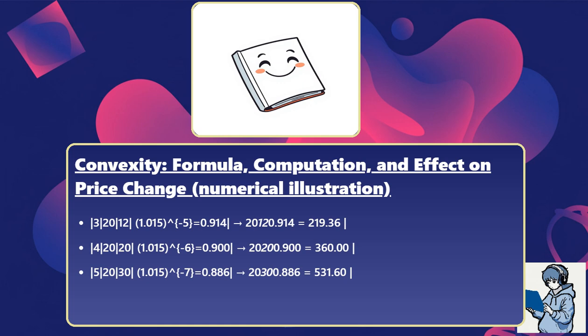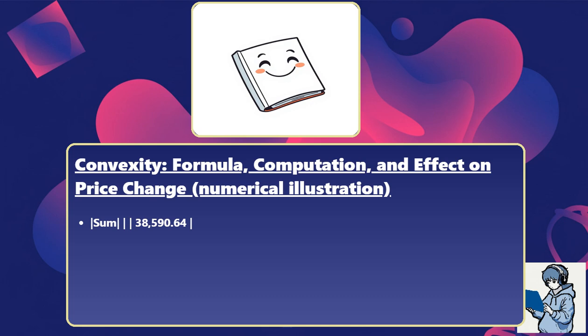Discount factor 1.015 to the negative 7 is 0.886. Contribution 20 times 30 times 0.886 equals 531.60. For T equals 6, cash flow is 1020, T times T plus 1 is 42. Discount factor 1.015 to the negative 8 is 0.872. Contribution 1020 times 42 times 0.872 equals 37,329.6. Sum of contributions is